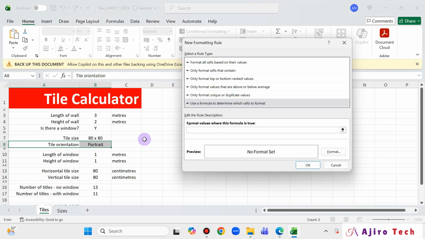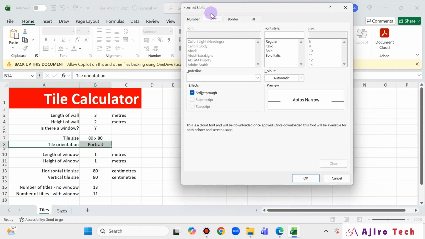This is going to be, look at it. Can you see that? You can see that this is what? A square. So that simply means that your horizontal tile size and your vertical tile size must be the same. If they're not the same, it means it's not a square. Because we have 80 by 80. So if this is equal to this, because they have to be the same. Okay, they have to be the same. If it's not the same, that's what it means. If this is equal to this, then